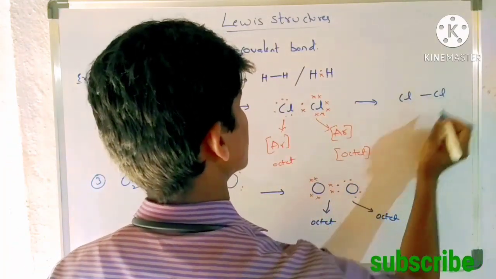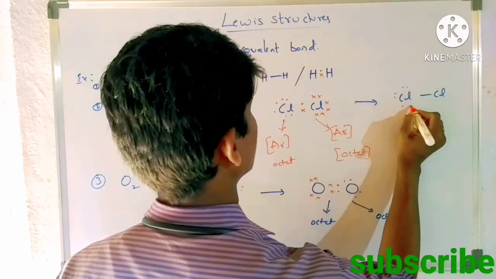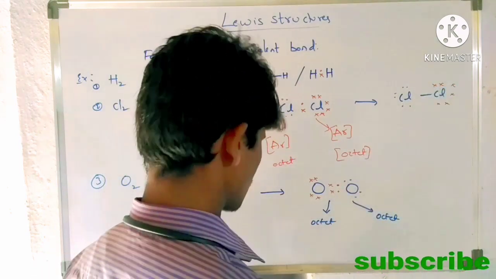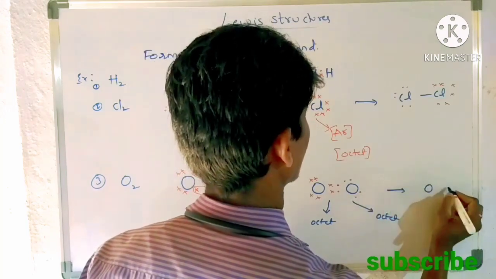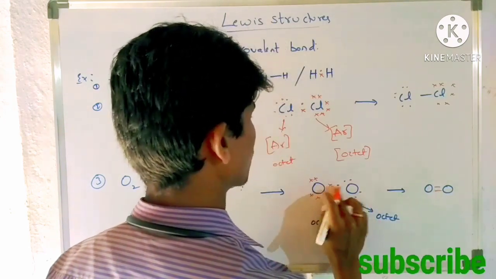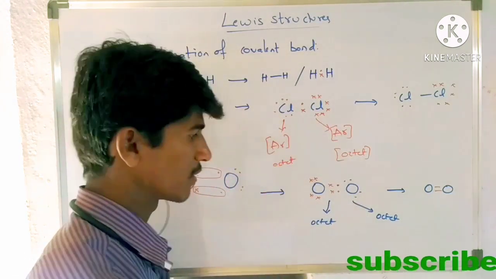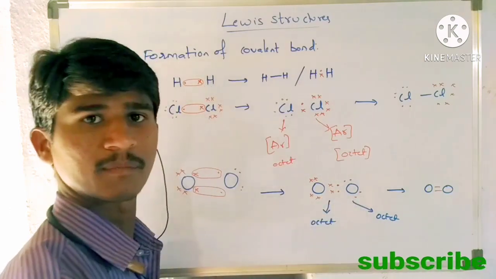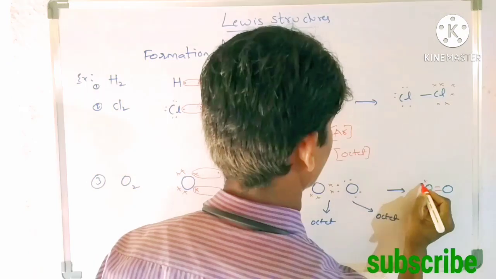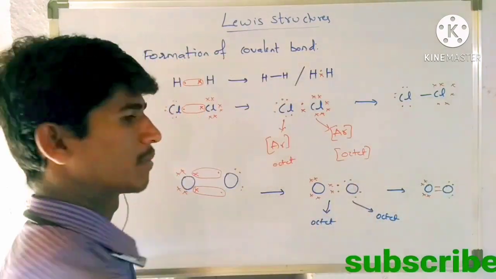Simply we can represent it like this also, Cl2. Coming to valence electrons, 1, 2, 3, 4, 5, 6, 7. This is the best representation. In the case of oxygen also, you can represent it like this, O2. 2 bonds are formed here. Not only 1 bond; 2 electron pairs are shared. Here only 1 electron pair is shared, so formation of only 1 bond, that is a single bond. Here 2 electron pairs are shared, so formation of 2 bonds, that is a double bond.